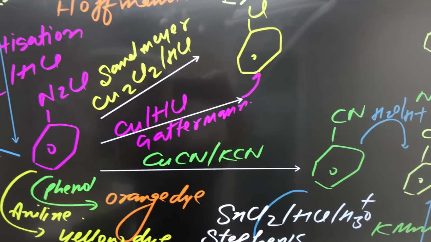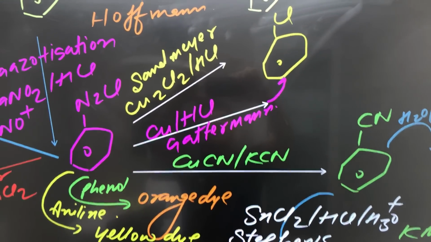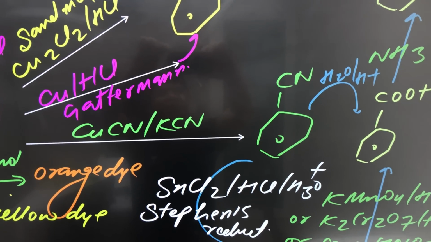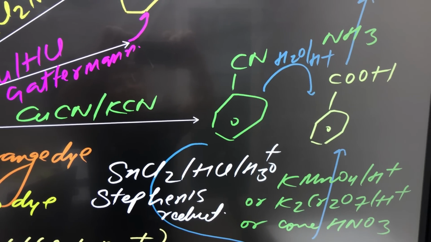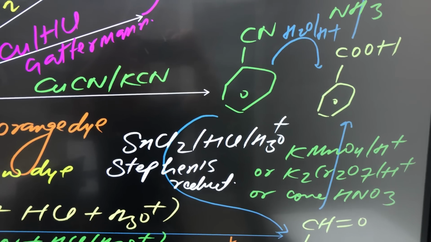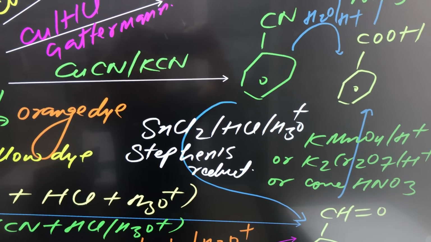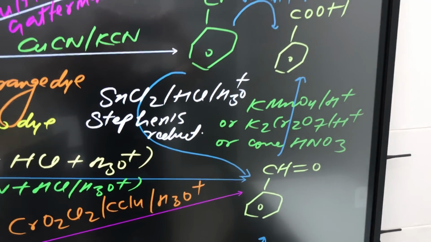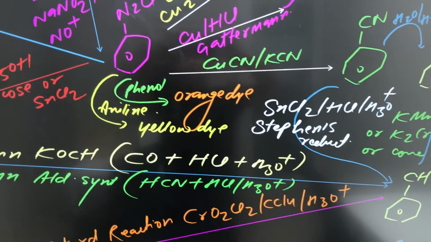Now we are going to react this benzene diazonium chloride with cuprous cyanide. What will you get? In presence of KCN, cyanobenzene, also known as benzonitrile. And if you are doing the hydrolysis of cyanobenzene in acidic medium, you will get benzoic acid. Whereas cyanobenzene on reaction with stannous chloride, HCl and H2O+, this is known as Stephen's reduction. Partial reduction, Stephen's reduction. This will convert cyanobenzene into benzaldehyde. Now see,